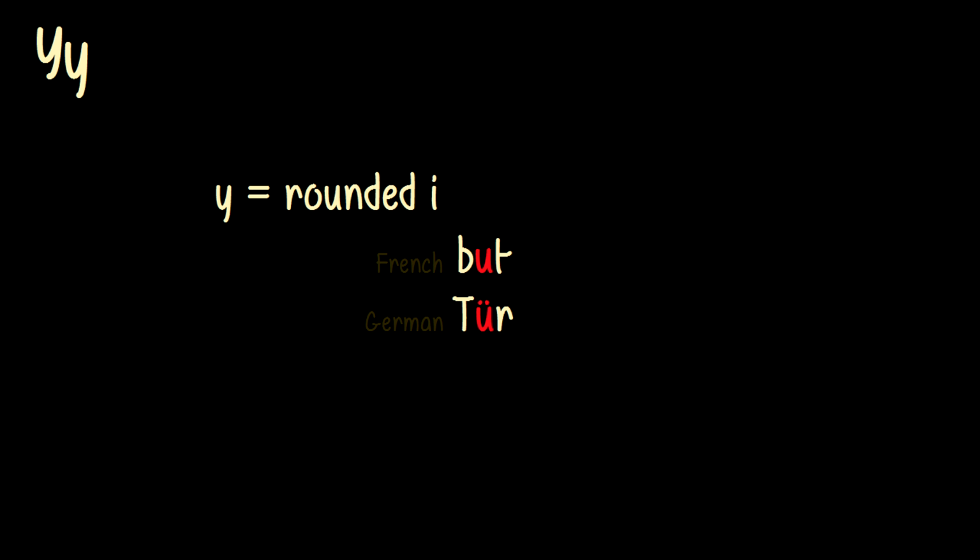Next, the letter Y. This letter has the same sound values as the letter I, only rounded. It's similar to the vowels in French bu and German tür, but its rounding is protruded and quite markedly so. When you make this sound, you should be really pouting your lips. Okay, long Y is pronounced y, protruded rounding, and notice how it ends in a y, just like long I